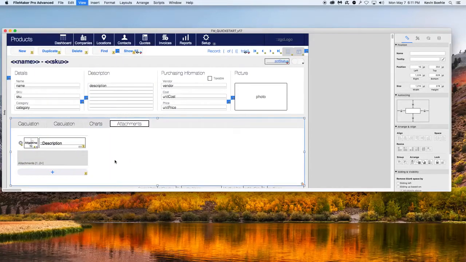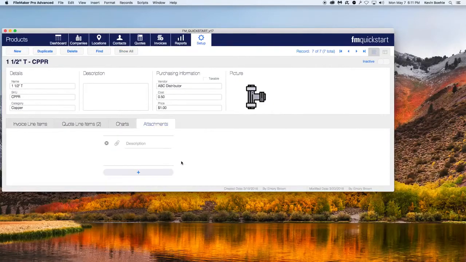Now, when you go back to look at it, this allows you to add any attachments you want. Give it a description. This is an attachment. And there you have it. Then if you wanted to add another one, it gives you a chance right there. Just with the click of the button, this is another attachment added to this one.